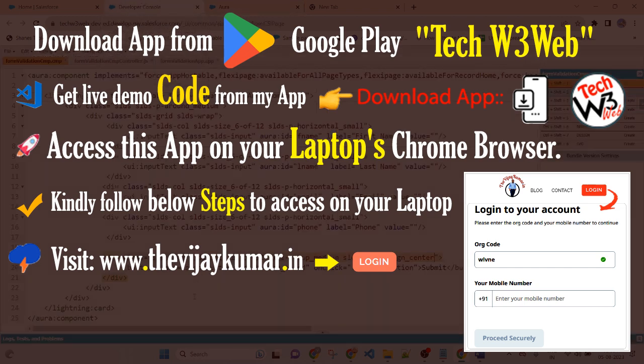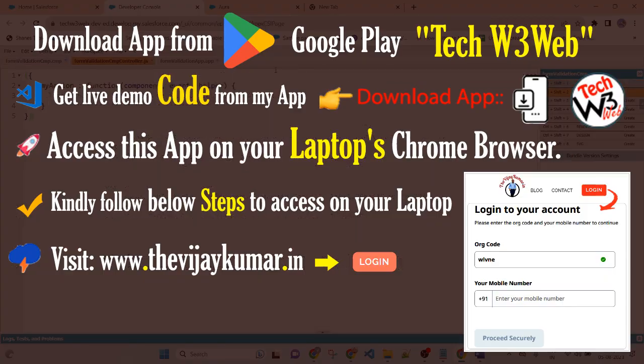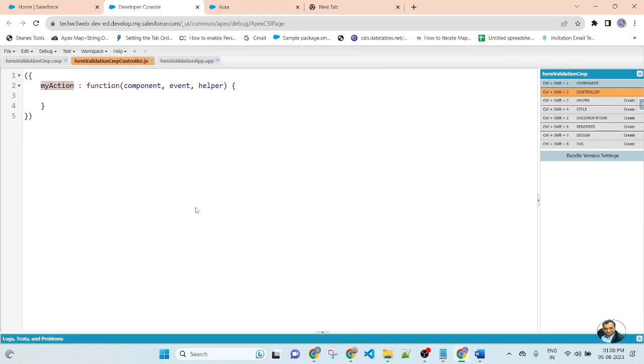Now I am creating a function. So whenever you click on the button, a validation error will be displayed. So copy this function name. This is a default function, so I am replacing this. First I will create a variable isValidation equal to true. If isValidation is equal to true, then the user can create a record, otherwise display an error.